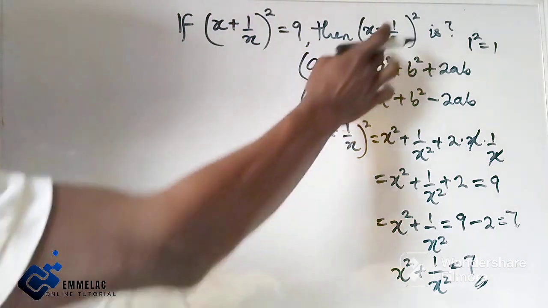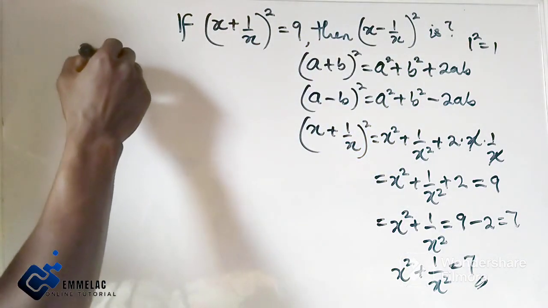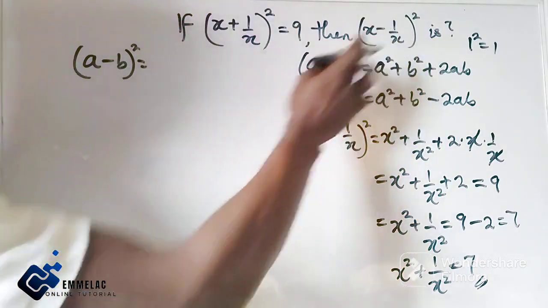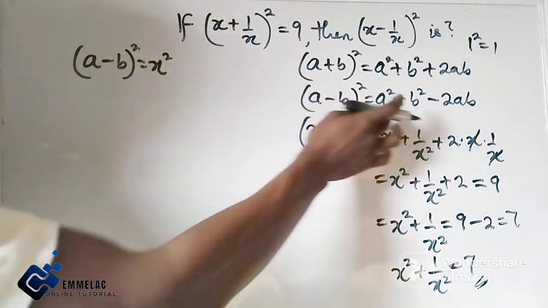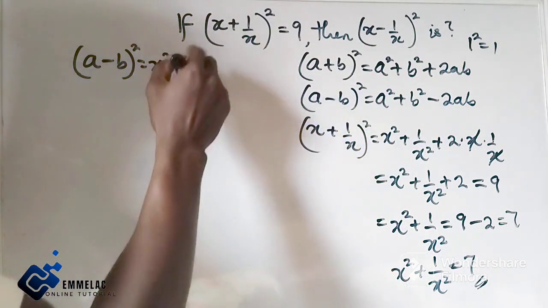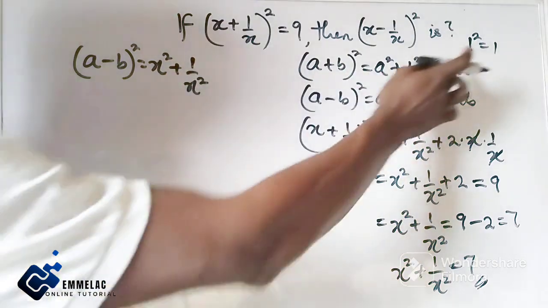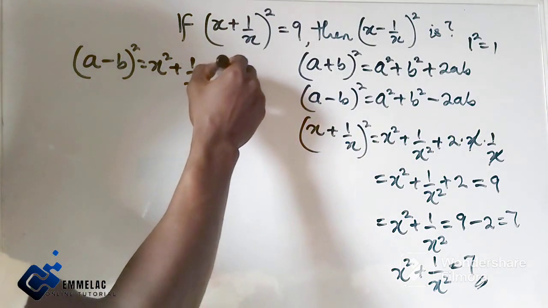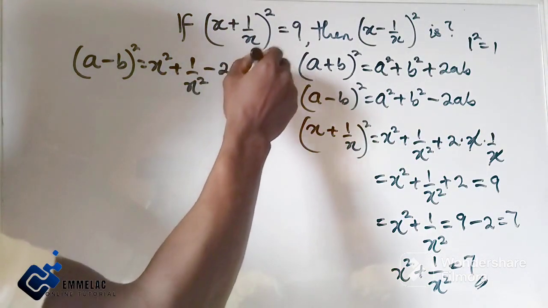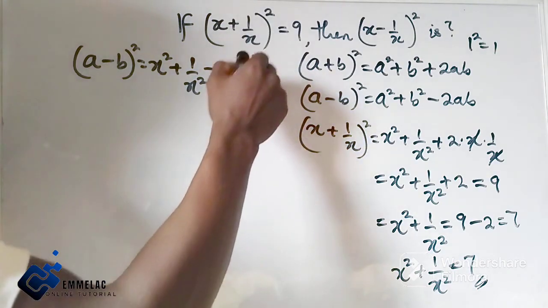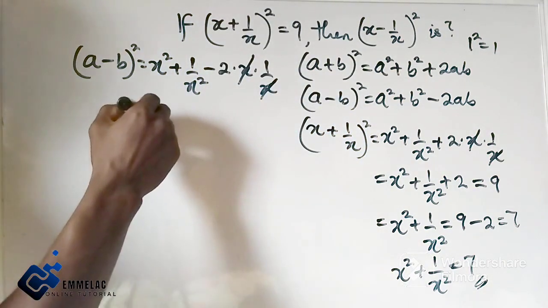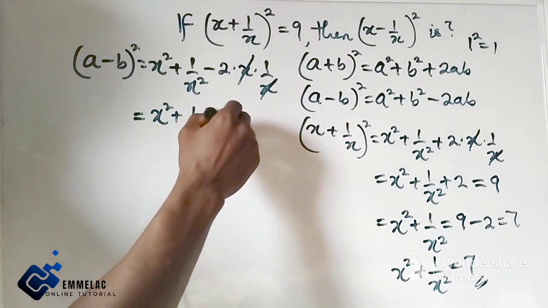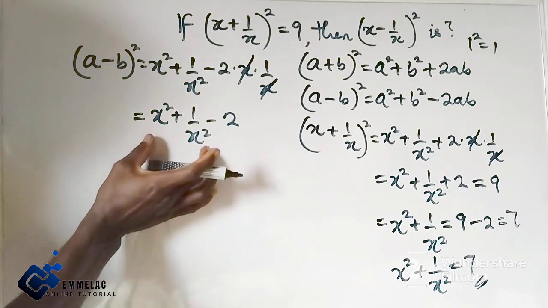Implementing this, for (a minus b) all raised to the power 2, here we have x squared plus 1 over x squared. Recall that 1 raised to the power 2 is 1, so then minus 2 times x times 1 over x. Now this will cancel out, so here we have x squared plus 1 over x squared minus 2. Alright, so now let us record that this